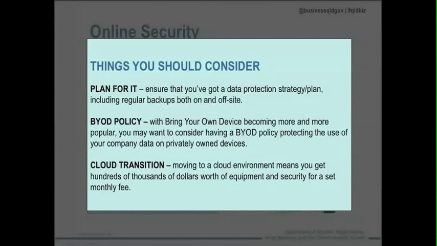The concept of bring your own device, or BYOD, is becoming more and more mainstream. And you might want to even consider creating a BYOD policy. What bring your own device is, it's becoming quite a key trend, if you like, in this medium to large sector in Australia. What it does is it encourages or provides a framework for staff to be able to bring their own device, like their laptop computer or their smartphone or their iPad or Android tablet device, and utilize that as part of their day-to-day activity within your office.